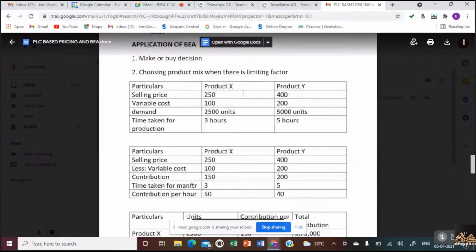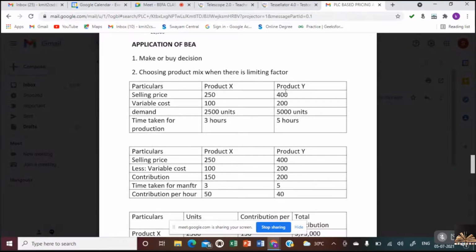The situation here is which product mix. What do you mean by product mix? If a company manufactures multiple products, which ones and how many to manufacture to get maximum profit. That decision would be based on contribution. And the companies face limiting factors. Like few have machineries, few have labor, few have raw material as limiting factor. In this situation, the limiting factor is machine hours.